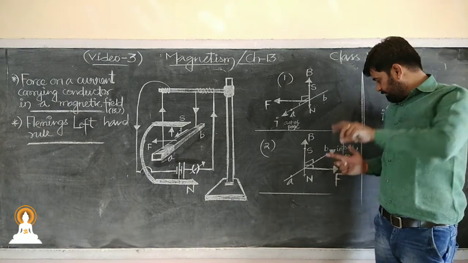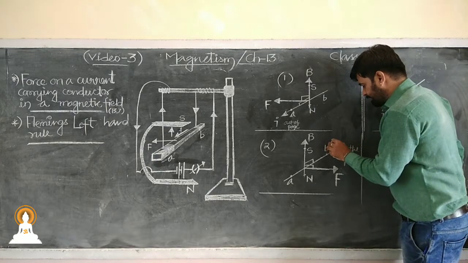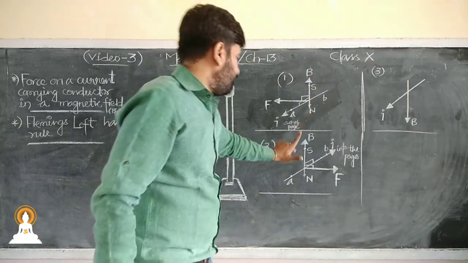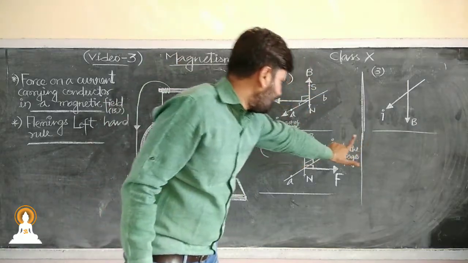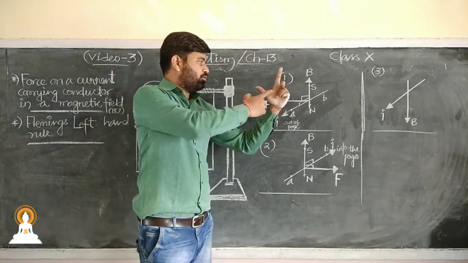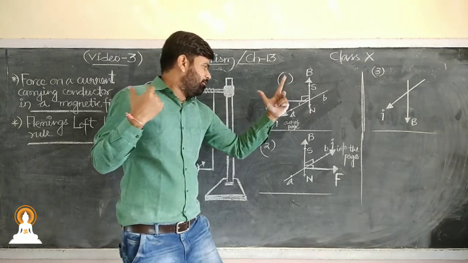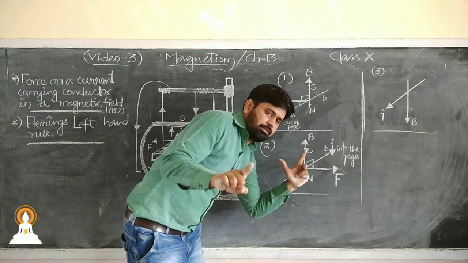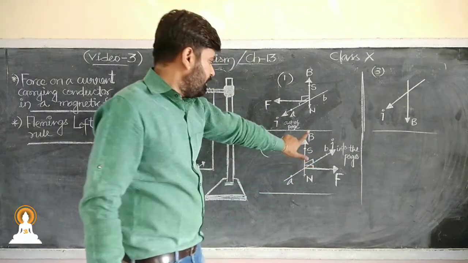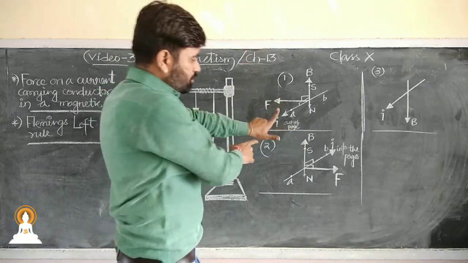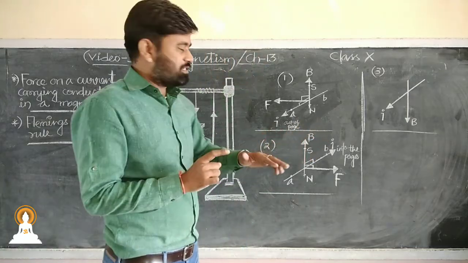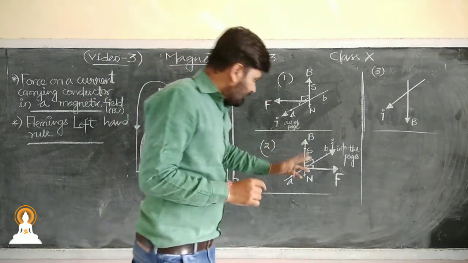the direction of current is inside the page. Let me do it like this. For this case, this is the direction of magnetic field, this was the direction of current, and in this case the force was in this direction. Now when we move here, this direction of current is reversed, so it is into the page. When this is into the page and the magnetic field is like this, then the force is applied like this. Whatever we have introduced up to here, that is okay.